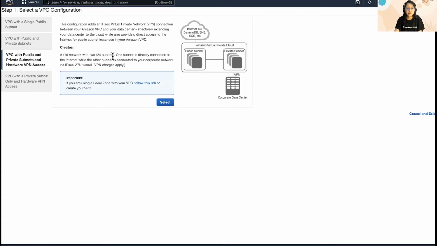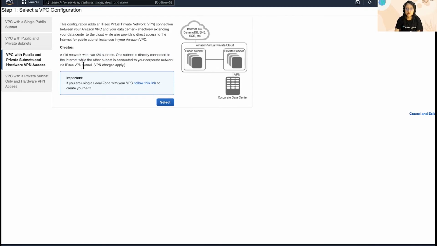The next option is VPC with public and private subnets and hardware VPN access. In this case, again, you would have a /16 network. That is your VPC, and inside that you would have two /24 subnets. That means a 256 IP range in both subnets, and one subnet is directly connected to the internet, while the other subnet is connected to your corporate network via IPsec VPN.